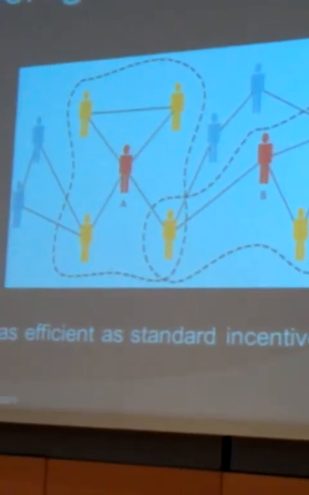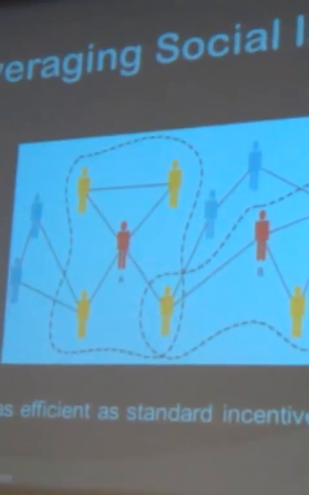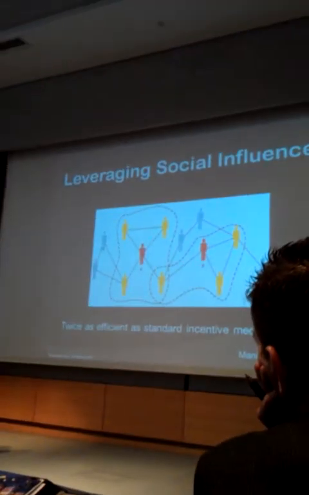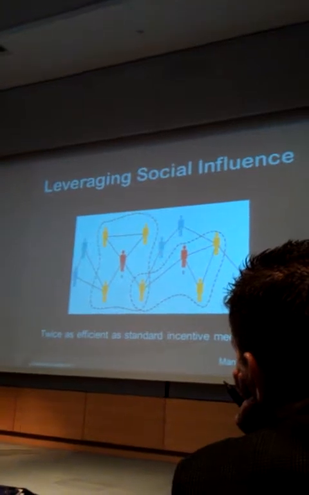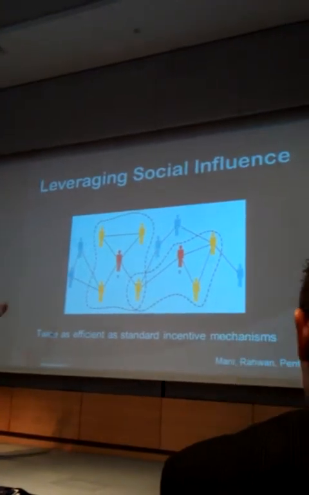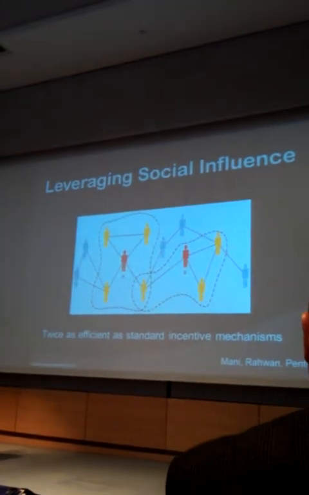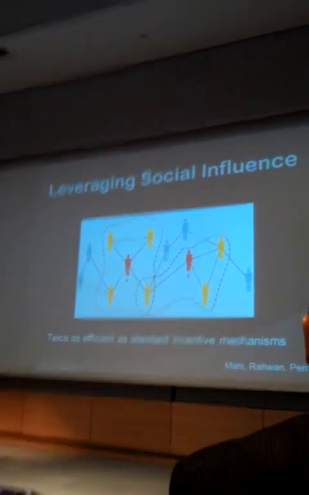The answer is yes. So the normal way you shape behavior, if I want A, for instance, or B to be more active or do some other thing, what would I do? Well, I'd give them an incentive, or I'd penalize them. Okay? That's the standard economic argument. But I said that behavior is mostly a function of this social influence, not so much of internal influence. Okay? So one more modern answer is I'm going to get an incentive, but I'm going to let him see what the yellow guys, his buddies, do. Right? And that actually works. So there's companies like O-Power that do that to encourage people to reduce their energy and so forth.